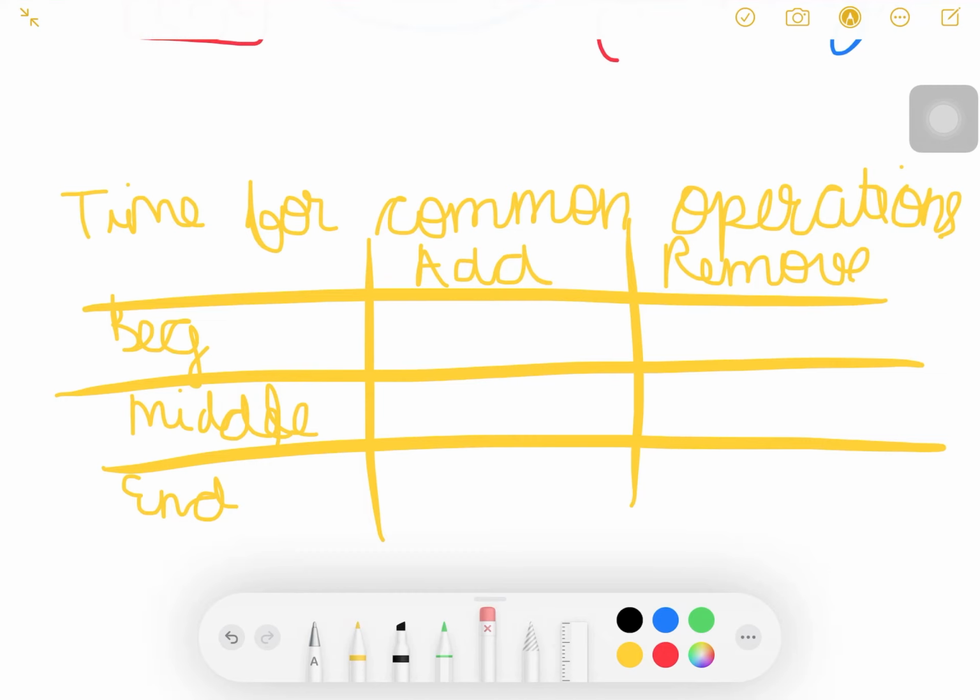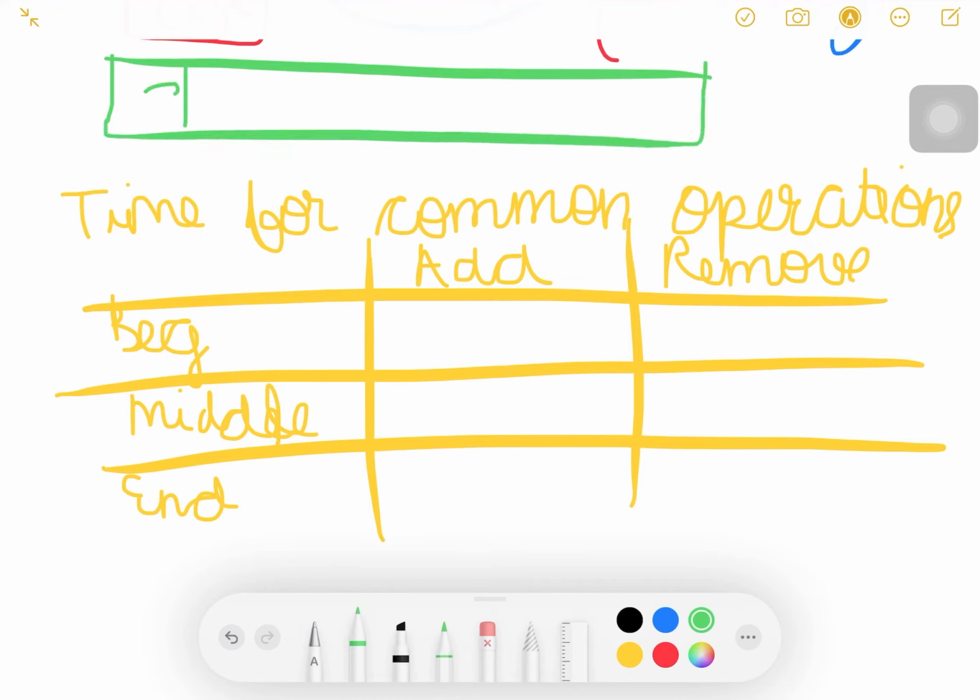Say the array is as follows. There are 8 elements in the array and we have only filled, say, 3, 5, 7. So now we want to add an element at the beginning of the array.